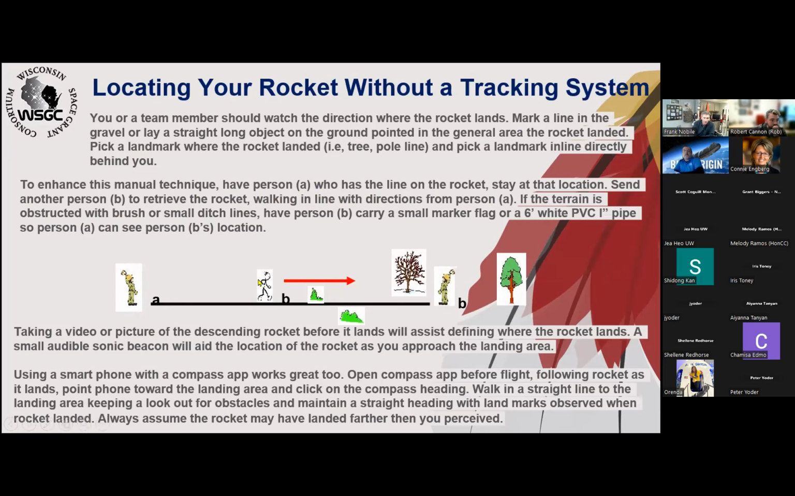Center the person to retrieve the rocket. Walk a straight line with directions from the person, using a radio or the phone, or wave left or right. If the terrain is obstructed with brush or small ditches and lines, have the person carry a small marker flag or a 6-foot white PVC 1-inch pipe, which is very convenient. You can see that against the green or brown background, so the person can see you in the B location